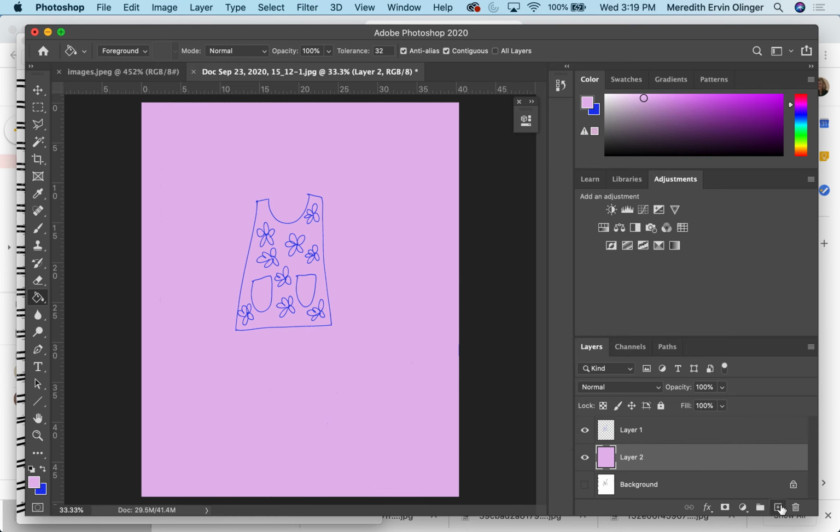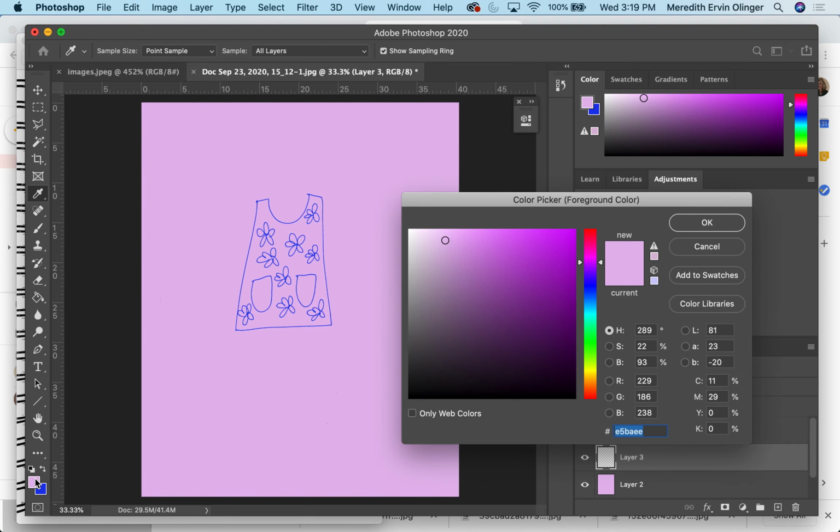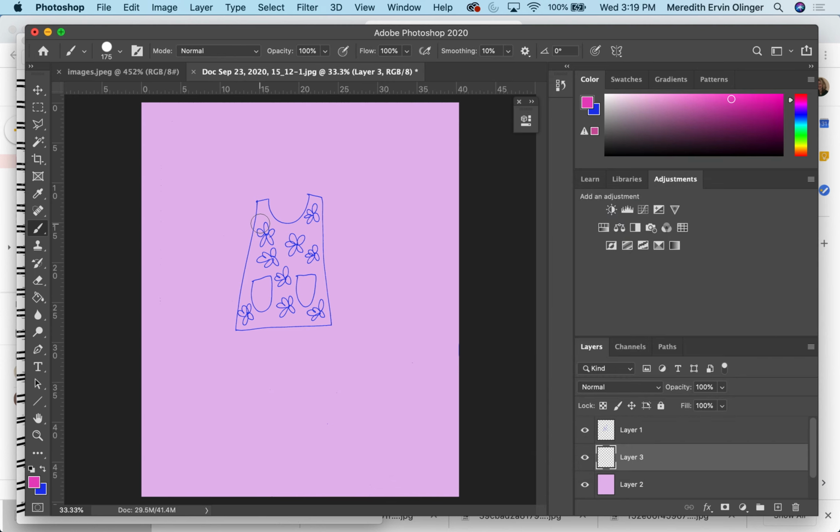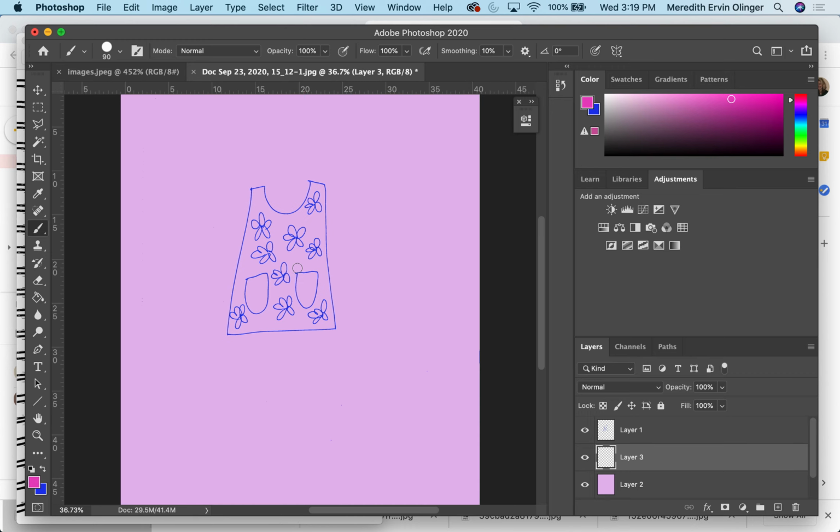I'm going to add another layer, and I'm going to add some color underneath this. Okay, so let's just go to my brush tool. I want this to be, I mean, it doesn't really matter right now because we can always go in and change it. So I'm going to kind of make this a pink. I love pink. I think it's the best color, and I can kind of zoom in a little bit so